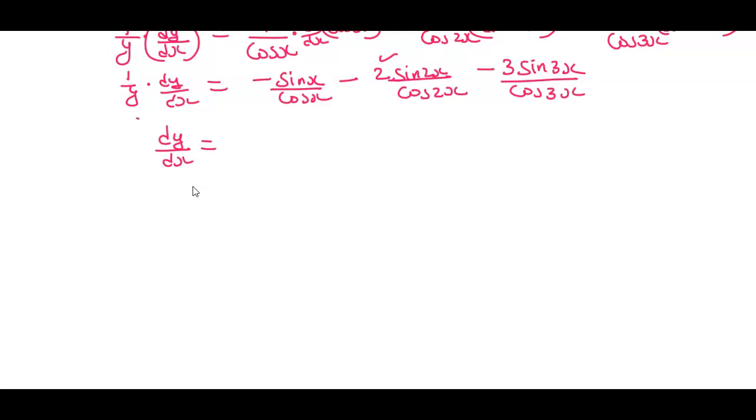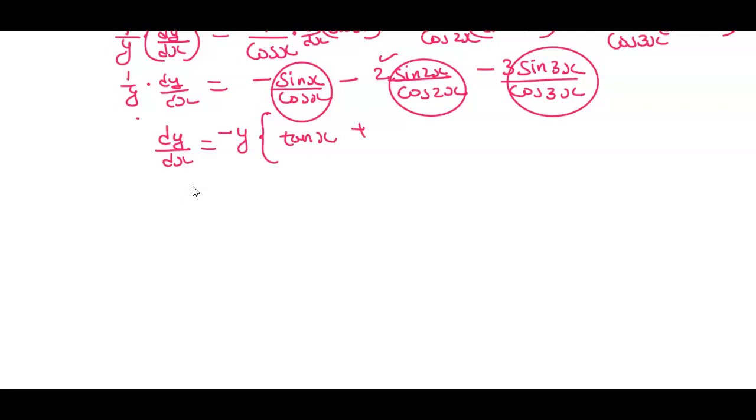First of all, y will move to the other side, take minus common, and if you take this in a simple other trigonometric ratio, that is known as tan x plus tan 2x plus tan 3x. Minus is common. Again, the question was in terms of x. We have to replace this y, and you see the original question was basically